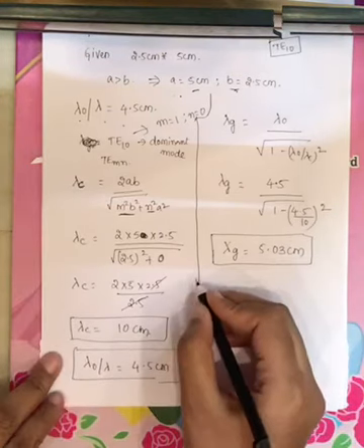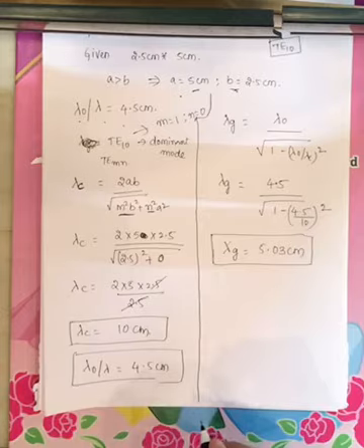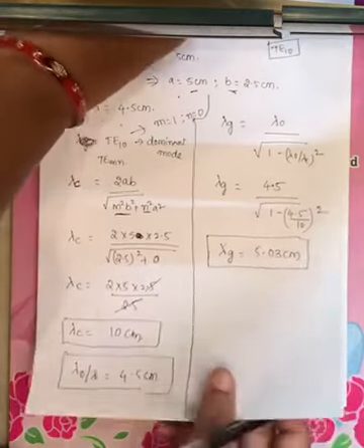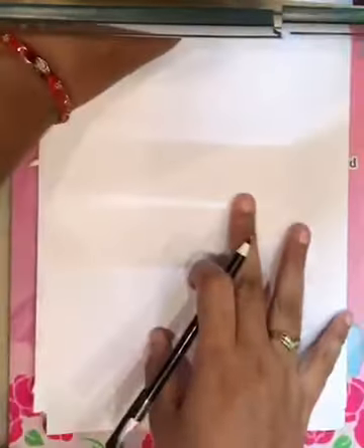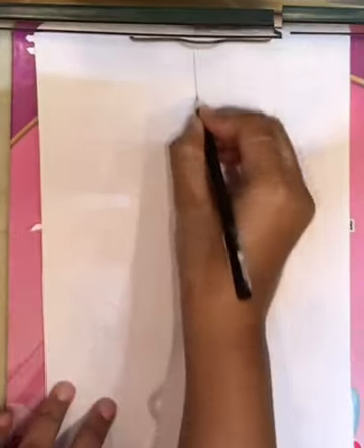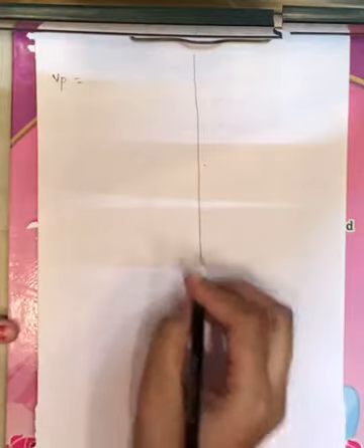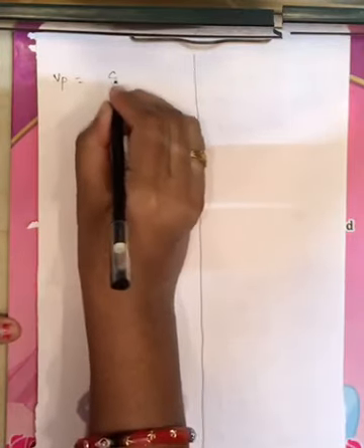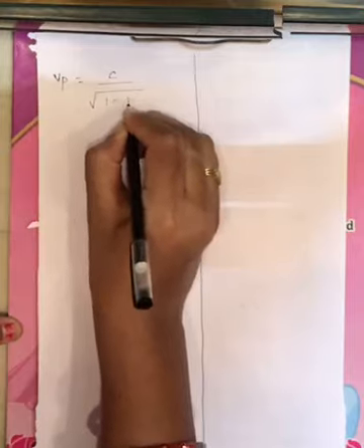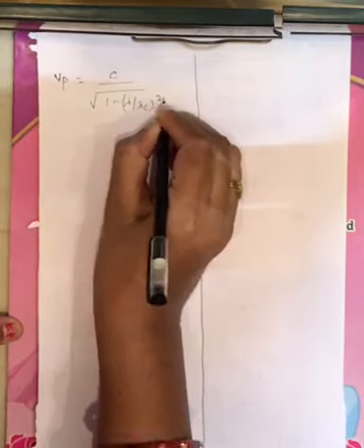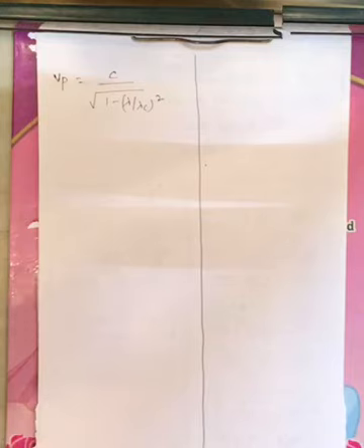Next calculate Vp. Now what is Vp? Phase velocity, right? Now the phase velocity equation in terms of cutoff wavelength is c by under root of 1 minus (lambda by lambda c) square. This expression we have derived in the previous lecture, that is phase velocity equals c by under root of 1 minus (lambda by lambda c) square.